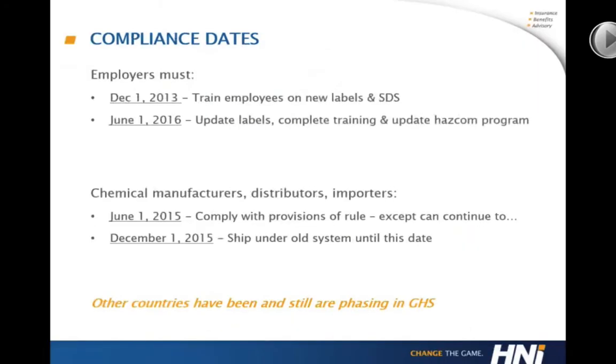Hope you guys are staying with me here. I haven't lost you yet. But this is going to be the stuff that is going to keep you up at night. This is the stuff that you really need to focus on, because we're looking at compliance now. And I'm not trying to scare you off or anything, but I'm just saying that